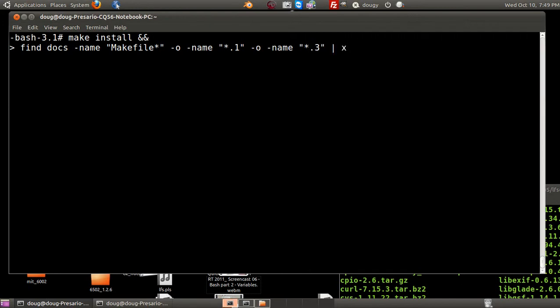xargs, now with -e, remove and install, verbose, create directories, mode 755, /usr/share/doc/curl-7.15.3